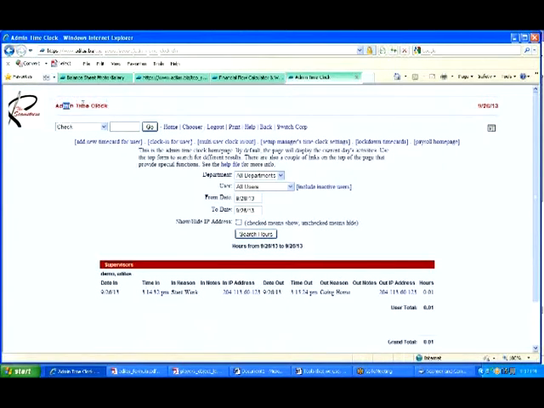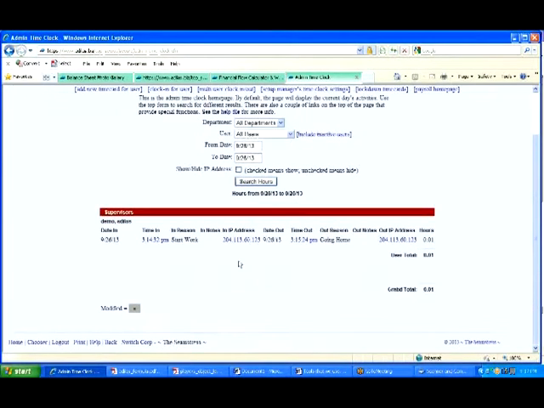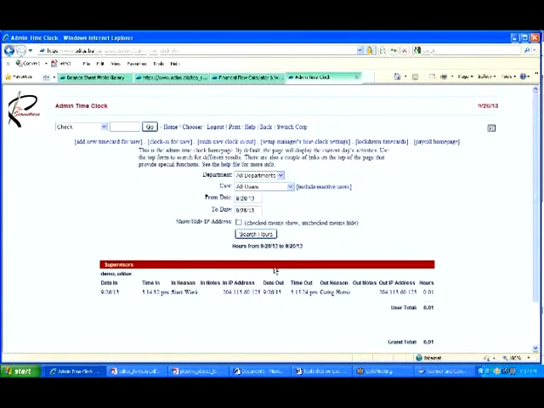Once you're in the admin time clock right here, you actually see whoever's logged in for the day, including IP addresses, so you can tell if they actually logged in when they got to the store or if they logged in from their cell phone on the way in. Okay, like they'll have different IP addresses. And so those are kind of some interesting pieces of the puzzle. If you needed to monitor something or modify something,